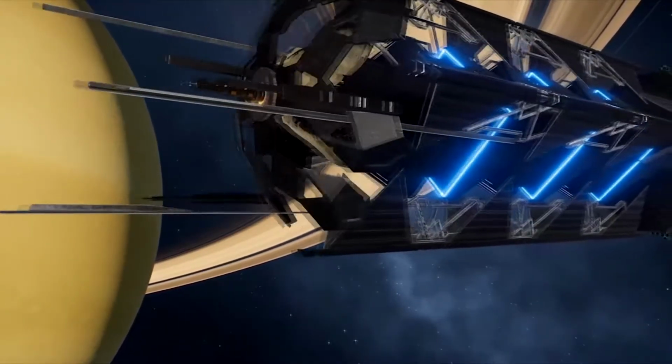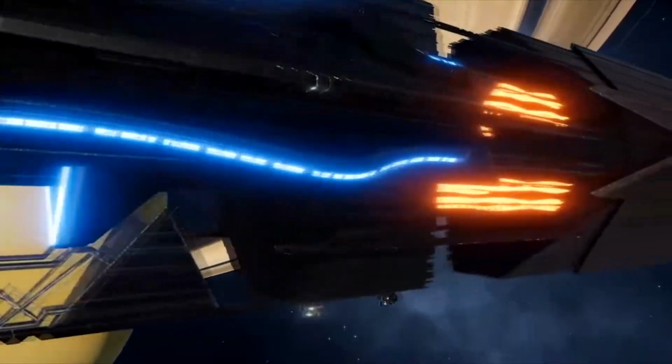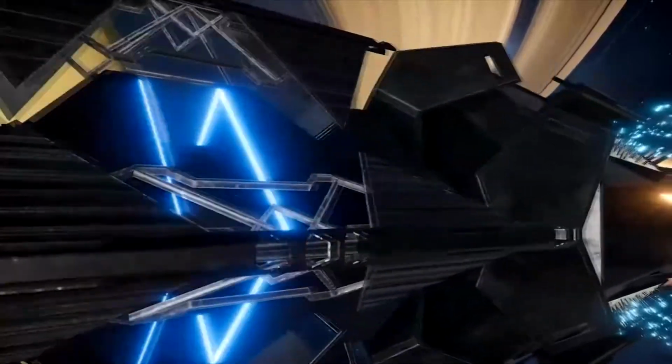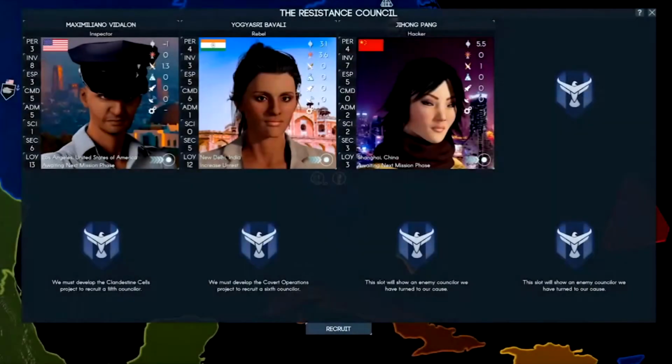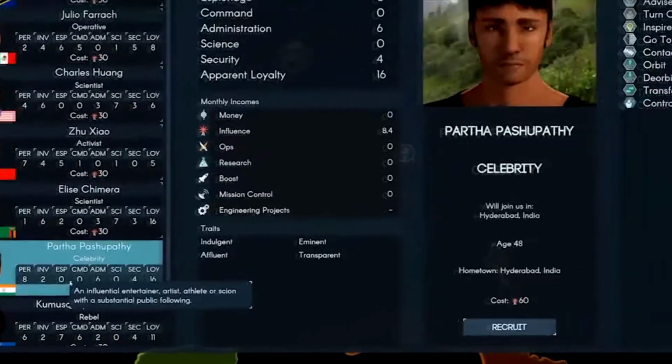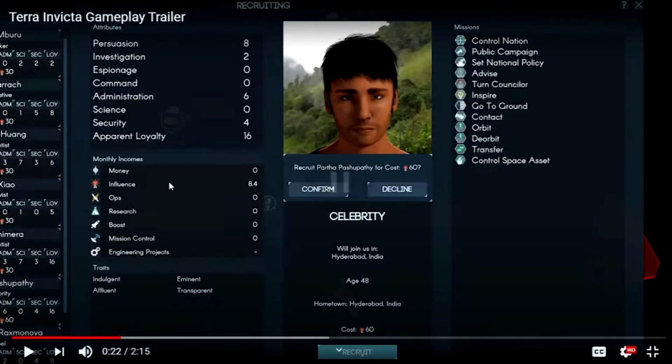A hostile alien force arrives in the outer solar system, sending infiltrators to subvert Earth's governments as it builds an invasion fleet. As commander of the Resistance, you must recruit a council of leaders dedicated to protecting humanity from the...